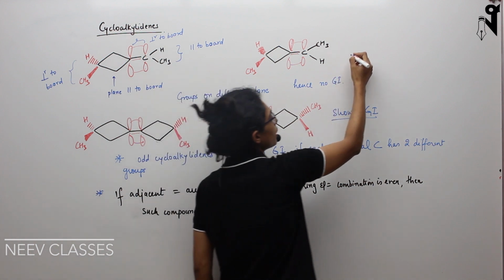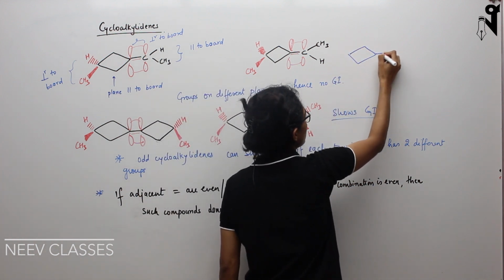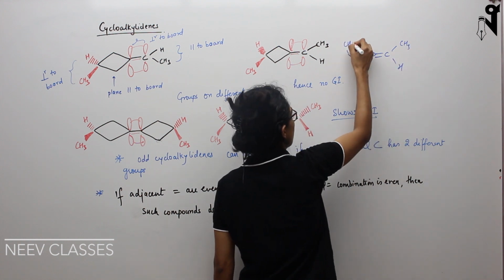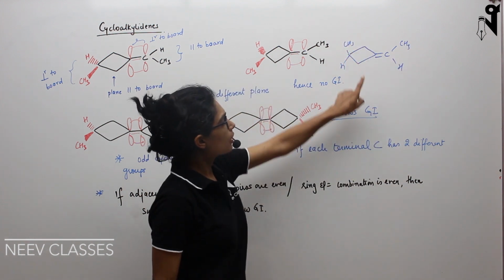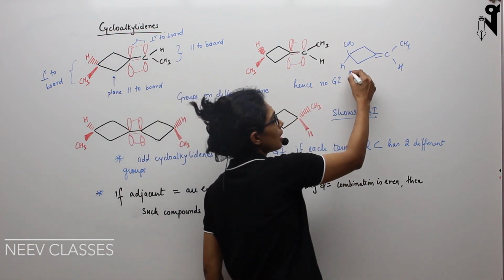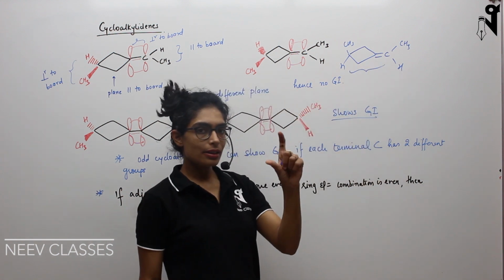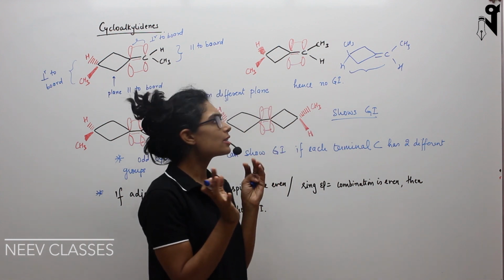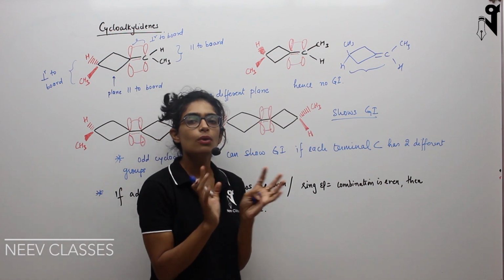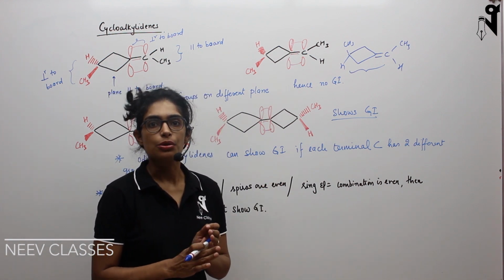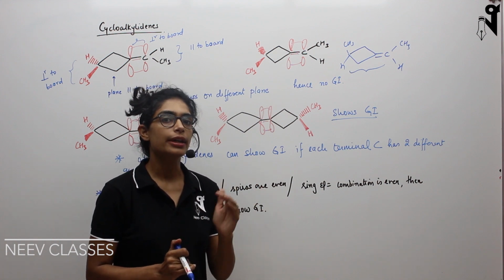First example is this. I'll just draw the normal form of it, and then probably we will try to understand. This is my compound. Here I have a cyclic chain and a double bond. So basically this is an even cycloalkylidene, one cyclic chain and one double bond. Now we will see the not exactly orbital diagram, but somewhat orbital diagram of it. We will try to see how in different planes the things have been distributed, so that we can figure out whether GI can happen or not.